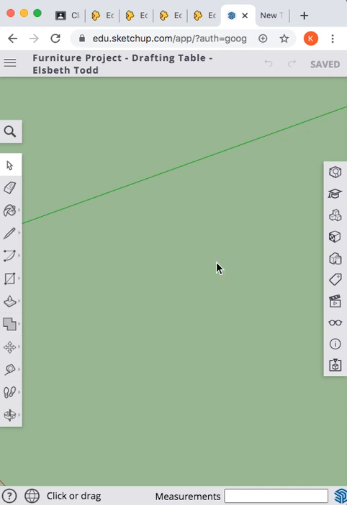I want to show you quickly how you can draw accurately using the measurements box and using fractions or using decimals. We're going to draw a line here that is 5 3/4 of an inch. So I click and I drag along the green axis, and I'm going to type in and look at the length bar down here to see. I'm going to type in 5 space